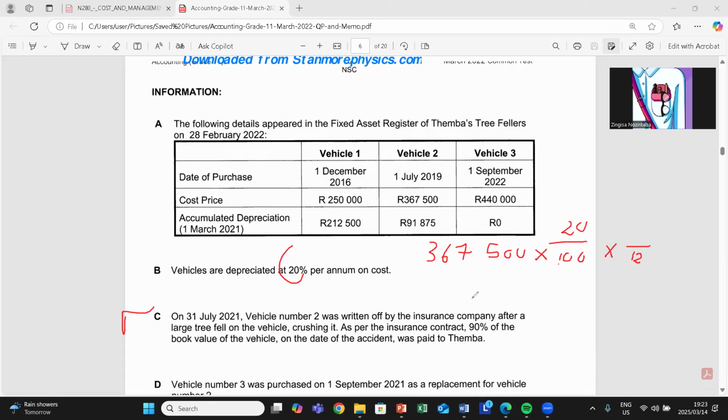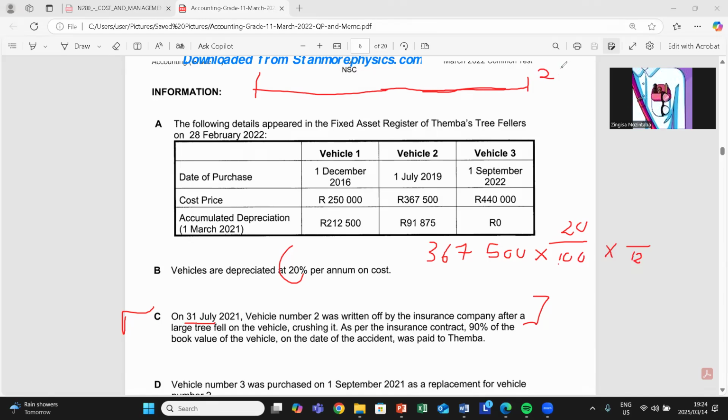you are going to read this statement. They said on the 31st of July 2021, vehicle number 2 was written off by the insurance company after a large tree fell on the vehicle, crashing it. On the 31st of July, that's when we stopped using our vehicle. Meaning we used our vehicle from when we opened our business up until the 31st of July. Your financial year is important. Your financial year ends on the 28th of February